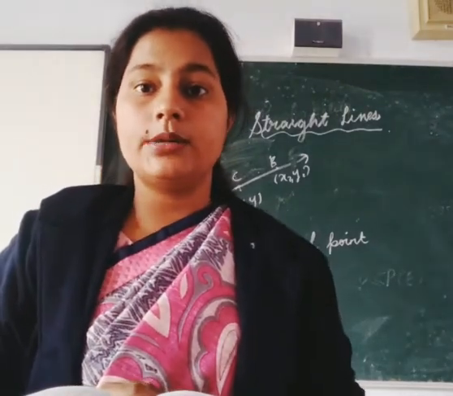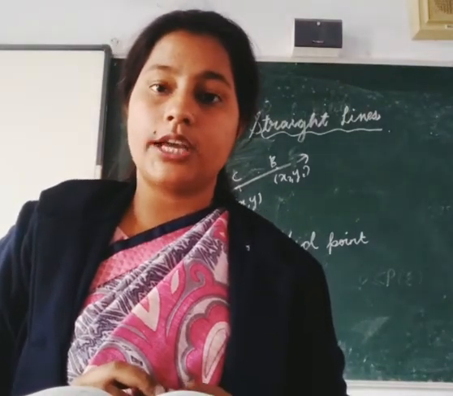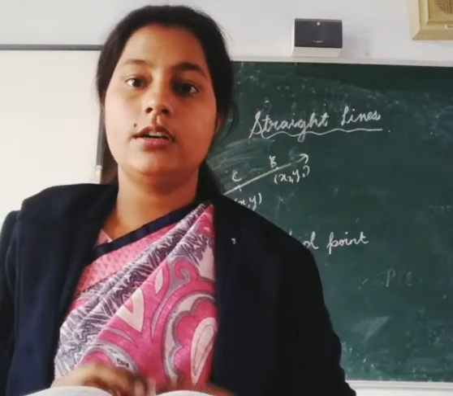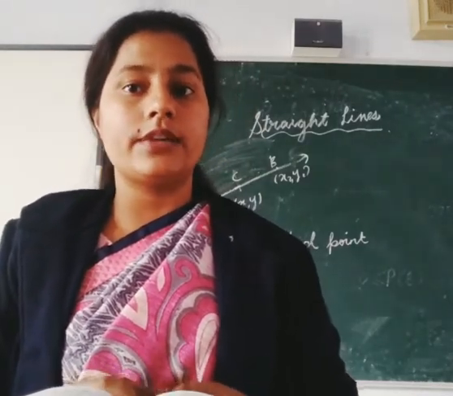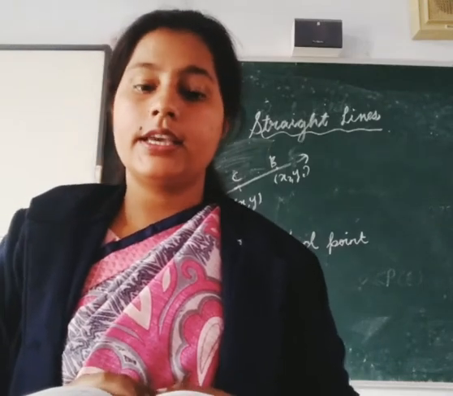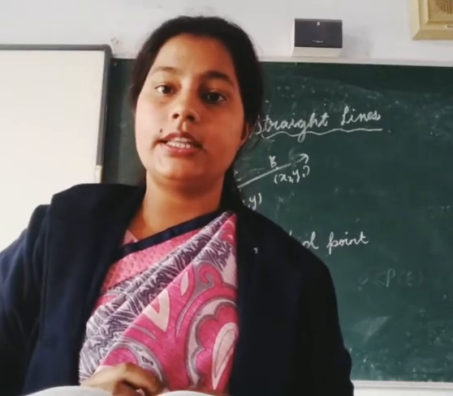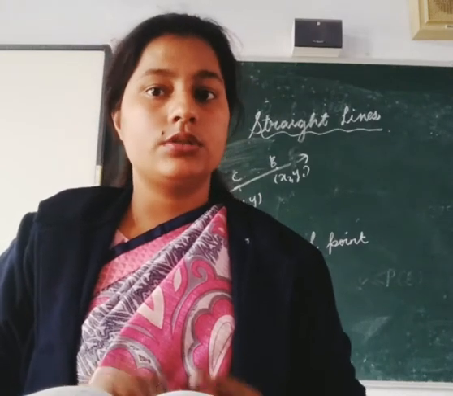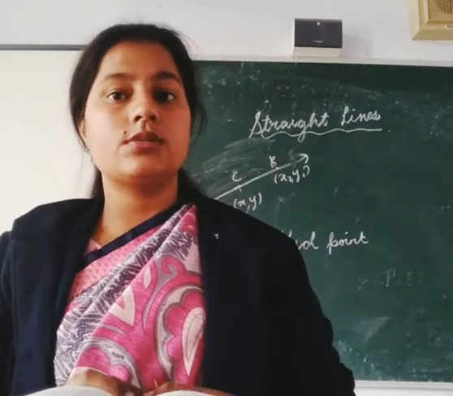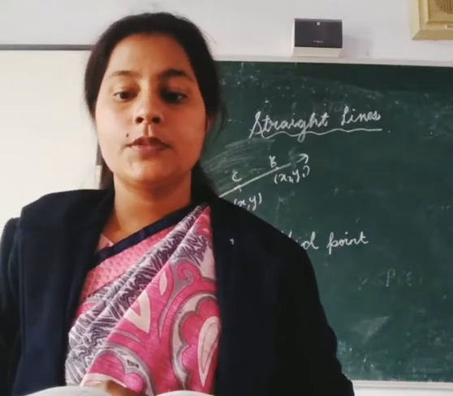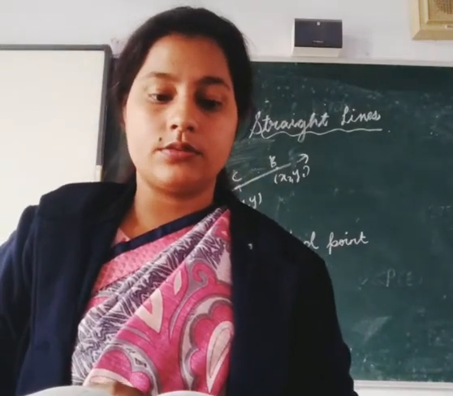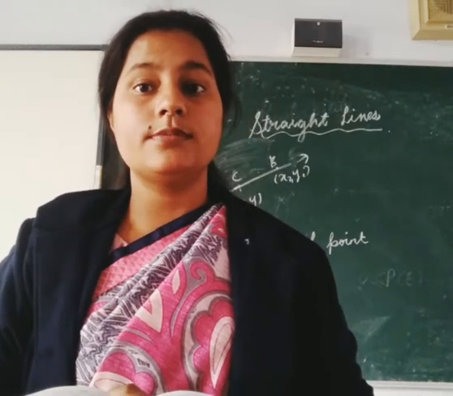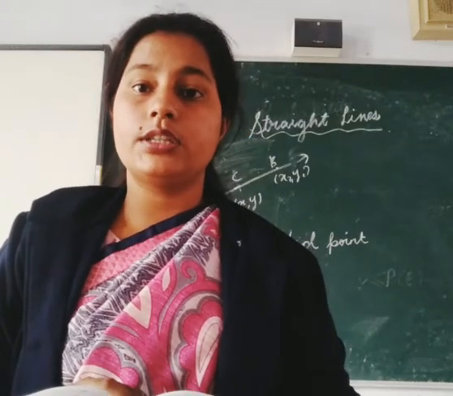Again, if we talk about the area of a triangle, you know the triangle area can be given by 1 by 2 mod of x1 into y2 minus y3, plus x2 into y3 minus y1, plus x3 into y1 minus y2, the whole mod. We write these values and then multiply by 1 by 2. So there are certain terms that we are aware of. First you have to go through those terms, and after that we are going to start with the chapter.